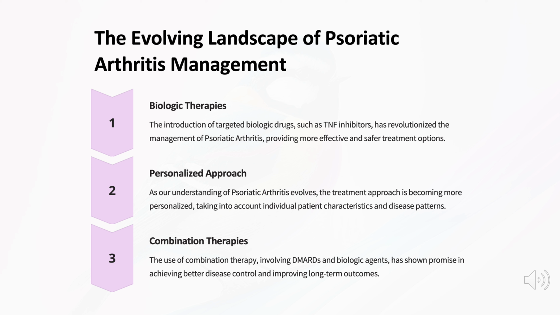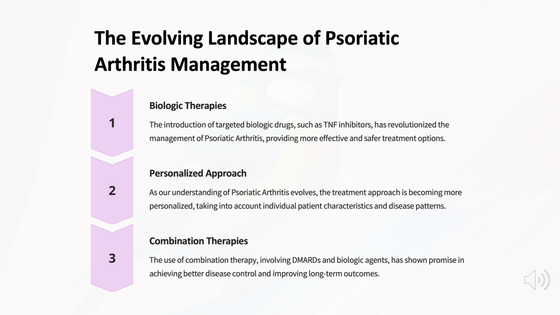By specifically targeting key inflammatory pathways, biologics can help control symptoms, reduce joint damage, and improve quality of life for patients with psoriatic arthritis. Furthermore, as our understanding of psoriatic arthritis continues to advance, the treatment approach is becoming increasingly personalized. Healthcare providers now consider individual patient characteristics, disease severity, and specific manifestations when determining the most appropriate treatment plan. This personalized approach ensures that patients receive tailored interventions that address their unique needs and preferences, leading to better outcomes